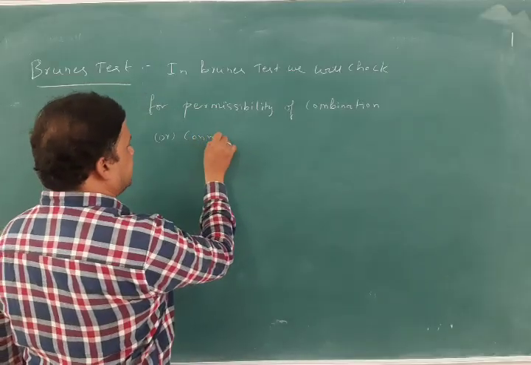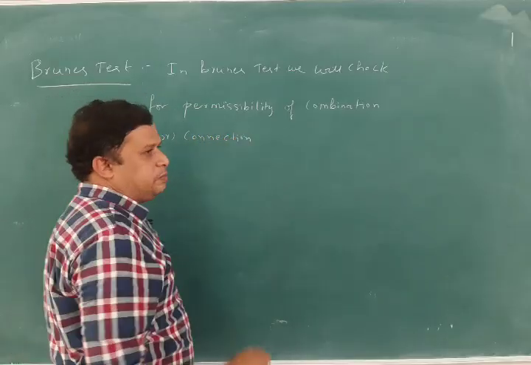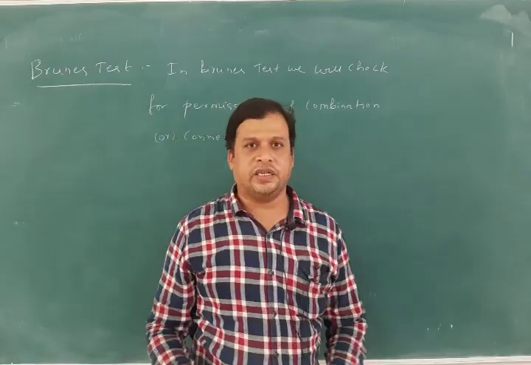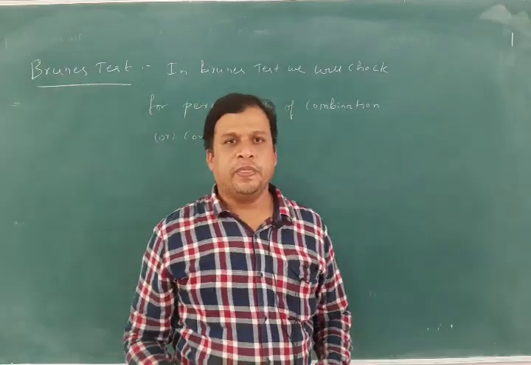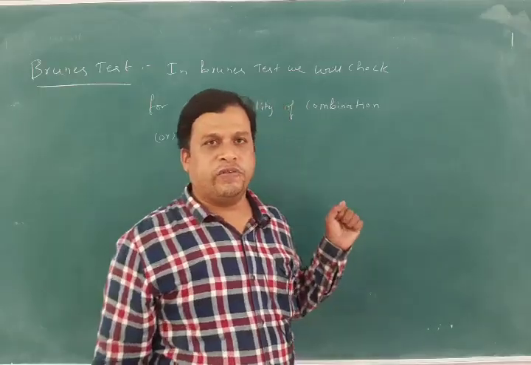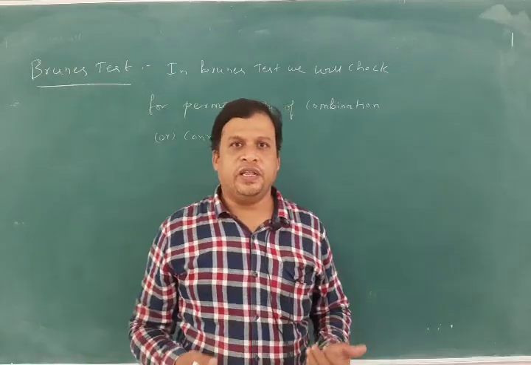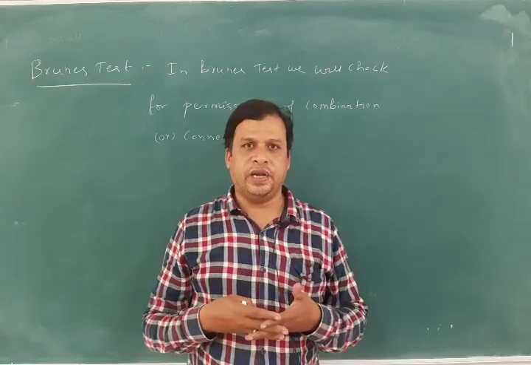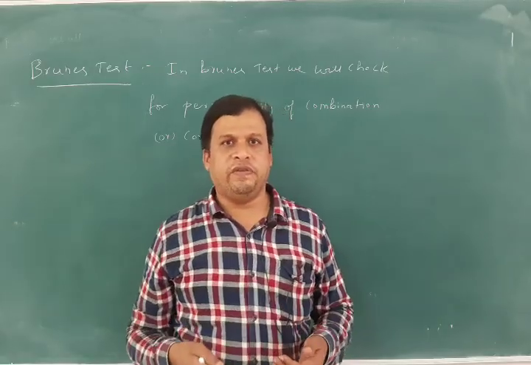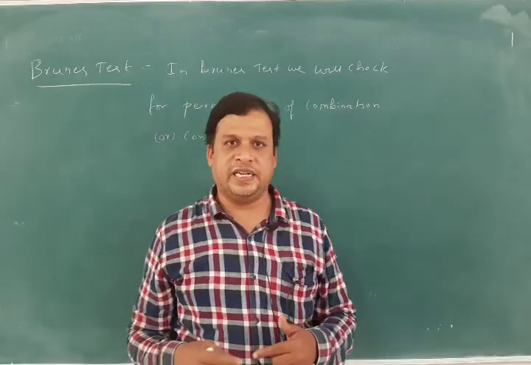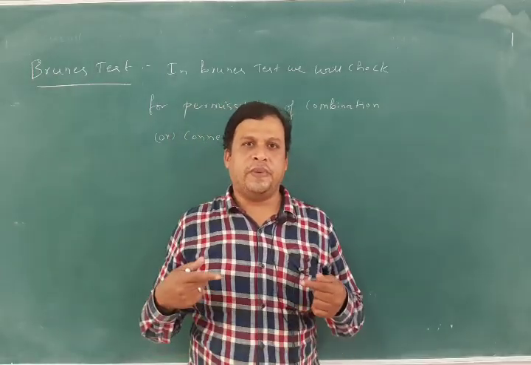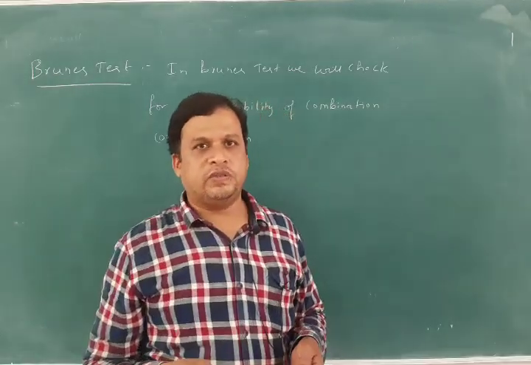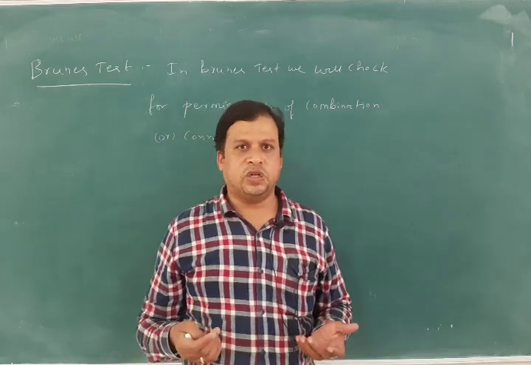So whether the series connection can be done, the series-parallel connection can be done, or the cascade connection can be done depends upon the Bruns test. If the Bruns test is passed, then we can say that the series combination can be done in that way. If the Bruns test is failed, we cannot do that particular connection in series. So we will be checking the compatibility of the connection.